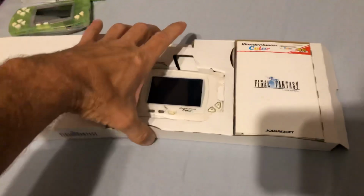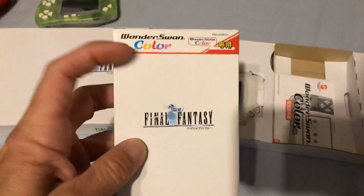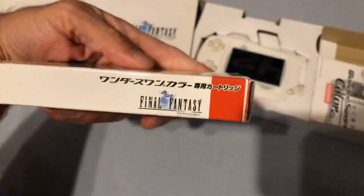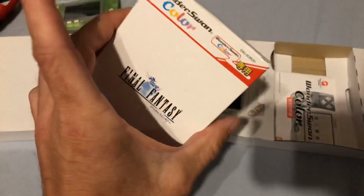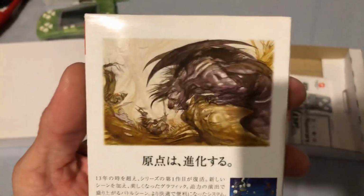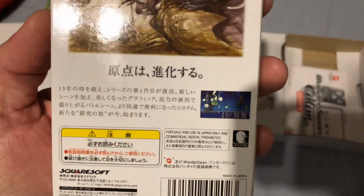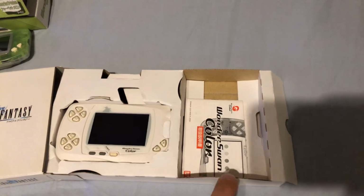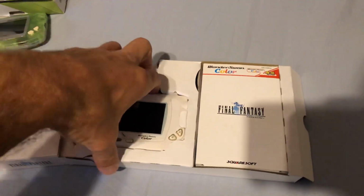Okay, sorry about that, guys. Alright, so here's the game. And this is obviously for the Wonderswan Color, which this unit is. And again, I love the box art on these games. The front is just plain white with the logo, but I love the box art. And of course, again, I have no idea what that says on the back, but it looks cool. Alright, so underneath the game, you've got your manual, and then the unit itself here,